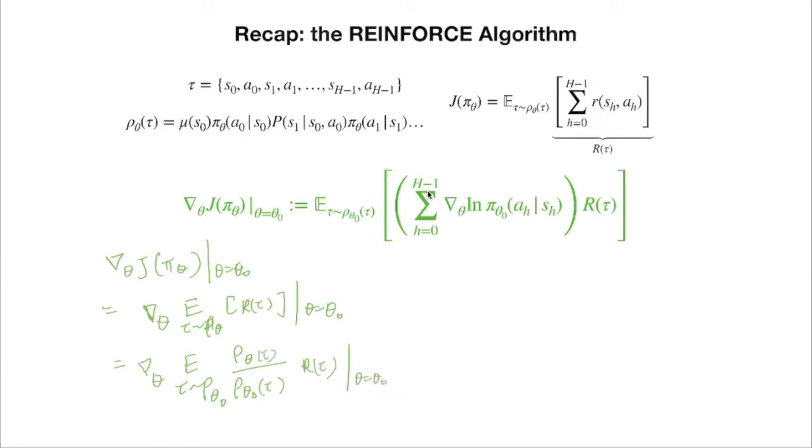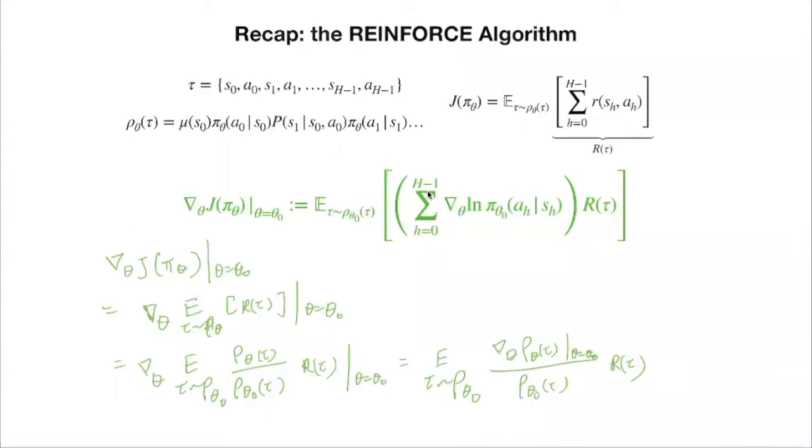Right. So I just multiply rho theta 0 and then immediately divide. Okay, so now great, I can push the gradient inside the expectation, right? Because the expectation has nothing to do with my parameter theta anymore. Zero gradient of theta tau. Right, I just push the gradient inside the expectation, and notice that among the three terms, only the first term,